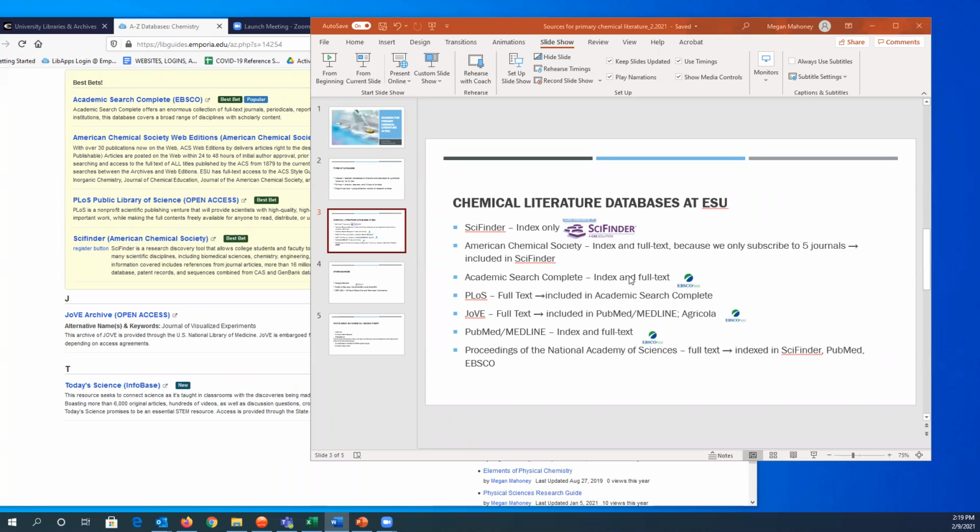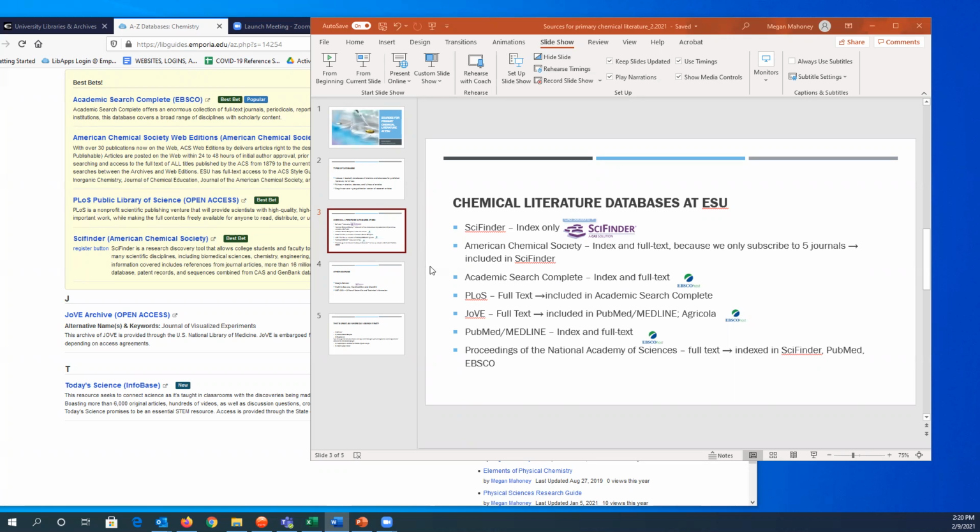So if you search it, you are also searching the Public Library of Science. And I think the Academic Search Complete interface is better than Public Library of Science. I was on it earlier trying to get to various things, and some of the links just are not cooperating. So that is a reason to use Academic Search Complete rather than Public Library of Science directly.